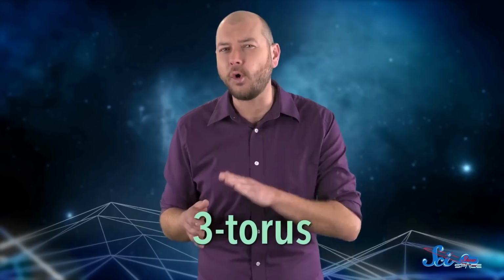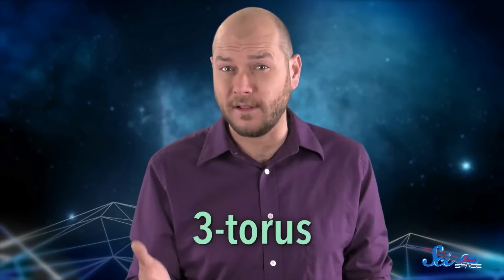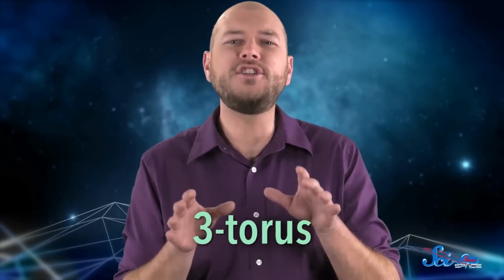There are a lot of proposed topologies that the universe could possibly have, from plain shapes with no holes to some that are much more complex. But one of the most common ideas is what's called a 3-torus. It's impossible for our puny human minds to visualize what that looks like from the outside because you'd need a